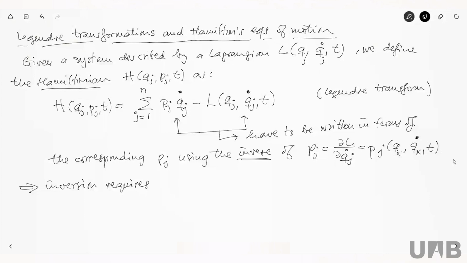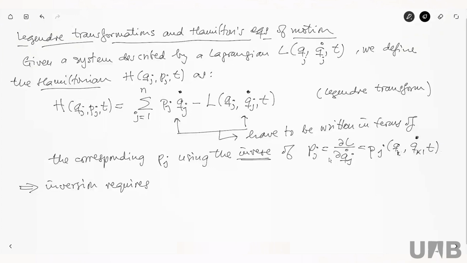I mean, are you looking for the condition that the derivative of Pj over Qj dot has to be non-zero? A condition for what? What's the word that you said? I mean, derivative of Pj. Yes, exactly. Yes, that's the condition. Thank you very much. So the answer to this, exactly, you're right.